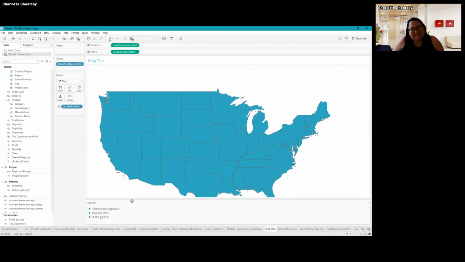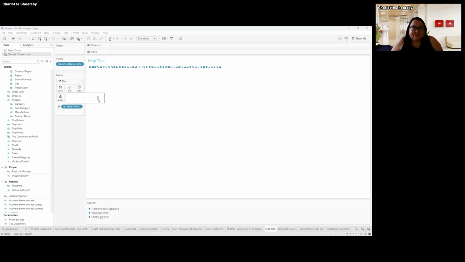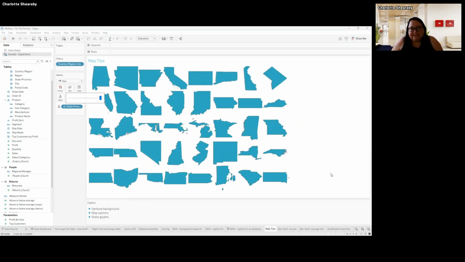Another cool little tip that Tura gave us was that you can make little state glyphs with state on detail. If you remove latitude and longitude from the rows and columns, and resize them, you'll now get little glyphs of all 50 states.